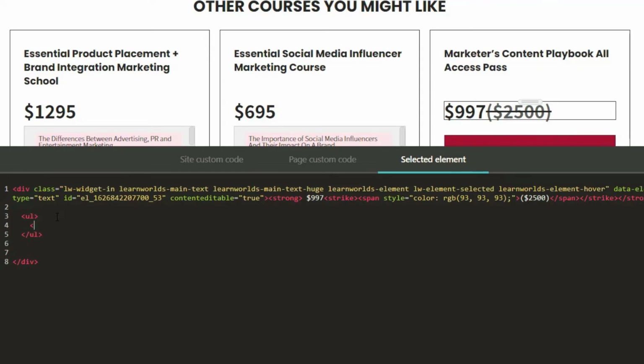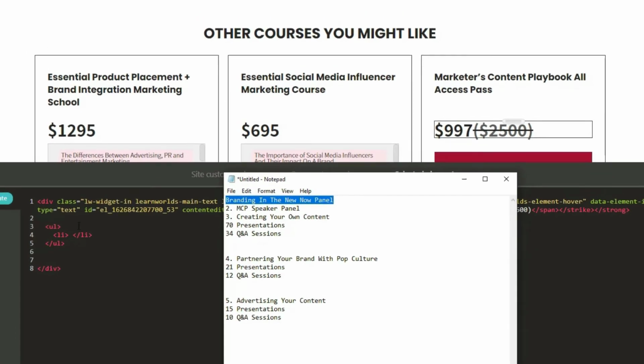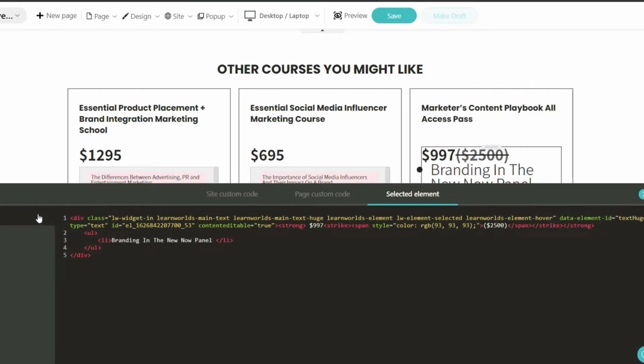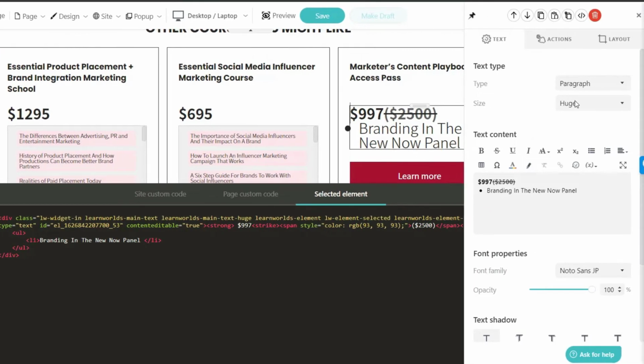And let's come up with another LI in here, so closing and opening LI. I have some notes here. Okay, so I wanted something like this. So like that. And as you can see here, it looks super bad because we set this one as one huge